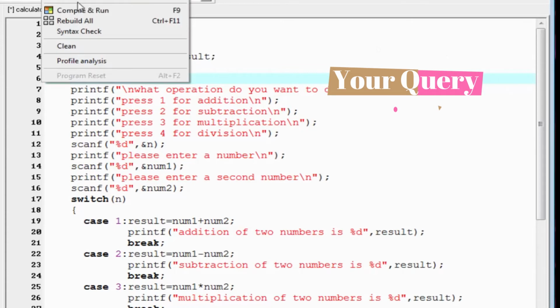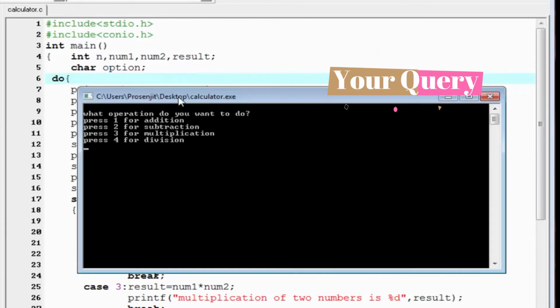Let's check the output, compile it and run it. As you can see here, it asks you what operation do you